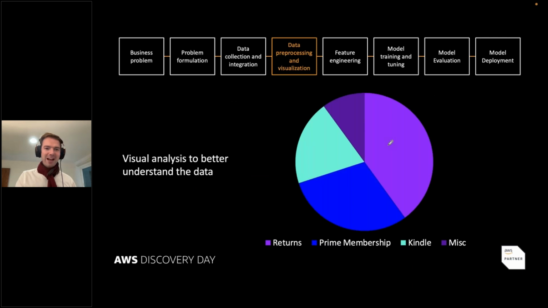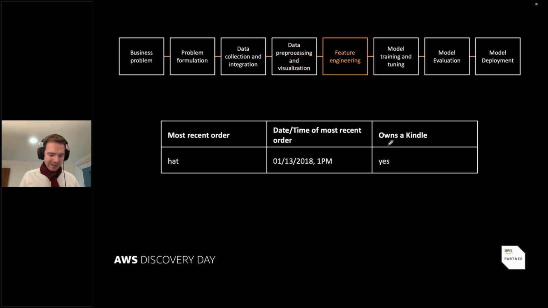So visual analysis will always help. Any kind of data that we have, people work really well with visualizing stuff. So always what I like to do is visualize everything. Obviously, if I see a graph like this, I can very easily tell what's going on. So visualization is a very important step in the pre-processing phase. So now let's move on to the feature